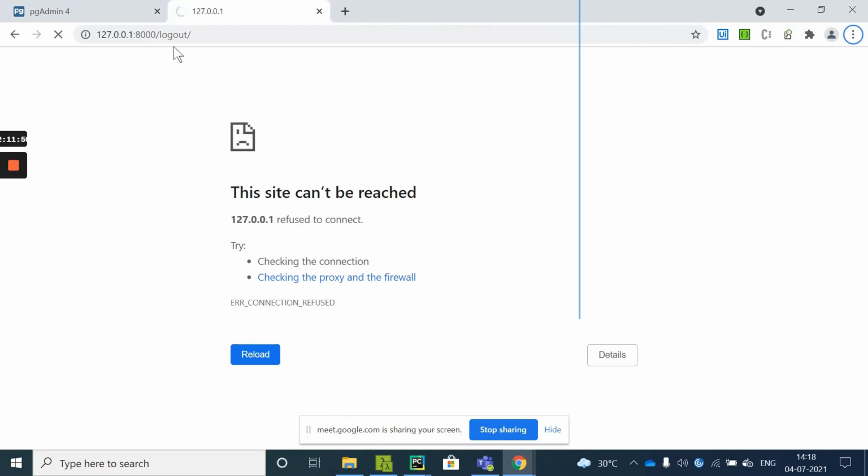But for today's class there is one assignment, you can take it down. Whatever we were supposed to do today with the model signal, I have already told you there is a model signal called post save. With that post save you should be able to put the user logs. Please try that out. We will discuss this in the further session.